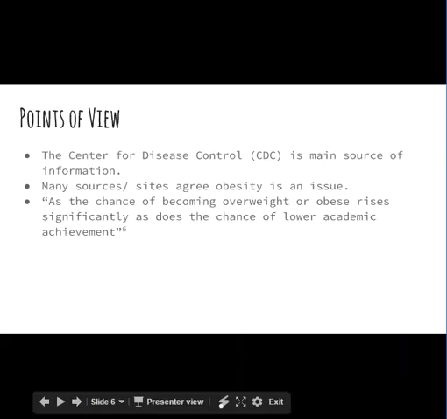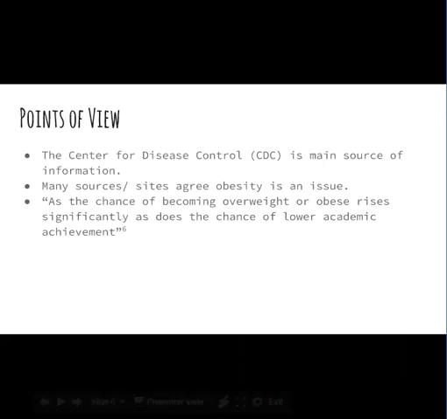Points of view. So there aren't very many varying points of view about obesity. Many medical professionals agree that it is an issue. Not all, but the majority of medical professionals that have conducted studies see that there is a correlation between lower academic achievement and the increase of obesity. And so